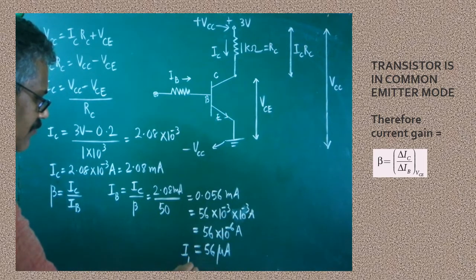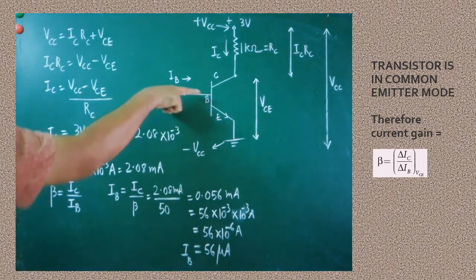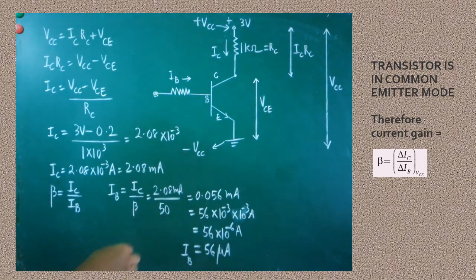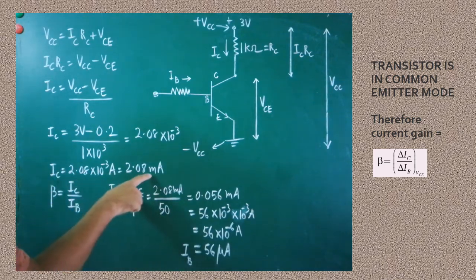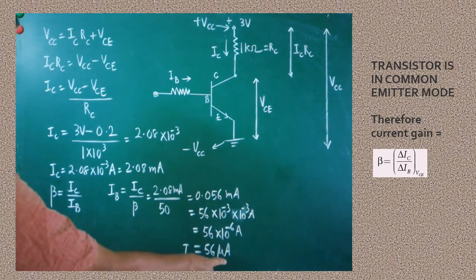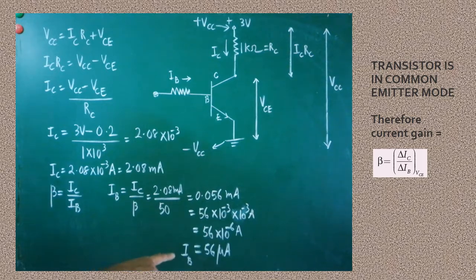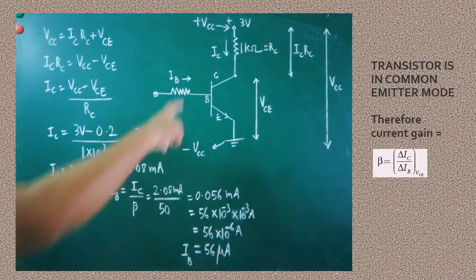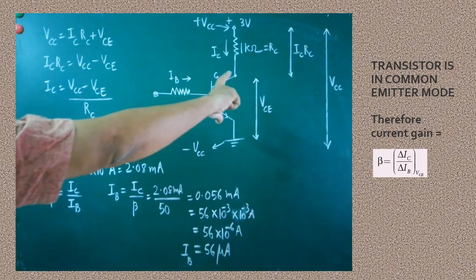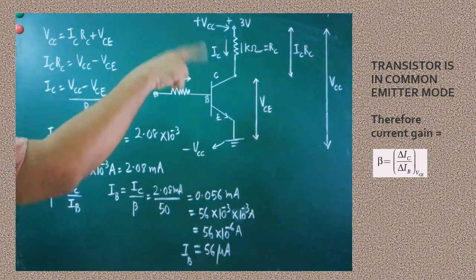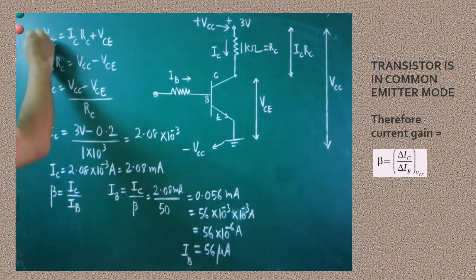So this much amount of base current must be sent through this base, only then the transistor will be driven. Are you clear? So look at that. Base current is in the form of microampere, while collector current is in the form of milliampere. So base current will always be smaller when compared to IC. This kind of knowledge is essential. I have shown the exact measurement across which VCE, ICRC and VCC are to be measured. Everything is shown in the picture. Don't forget, this is the very fundamental formula related to the transistor. Okay. Thank you.